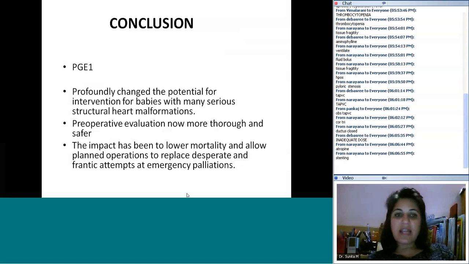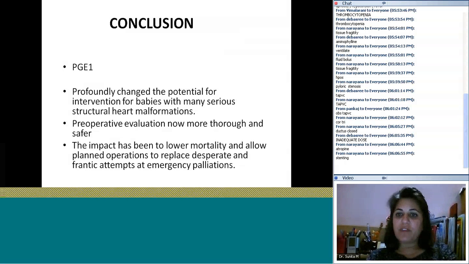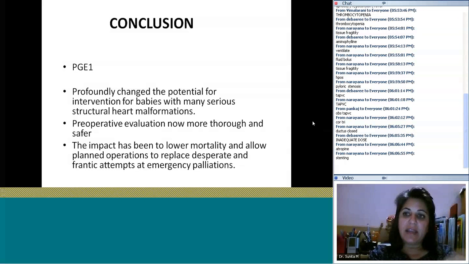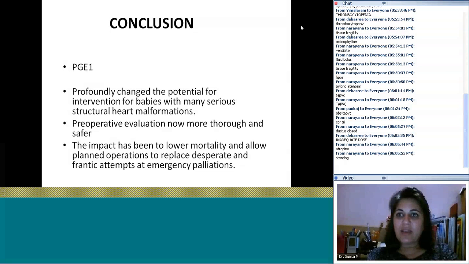Okay. So I think I will end with that. Prostaglandin has essentially really changed the outcome for children with serious cardiac malformation. You need a thorough preoperative evaluation, though in situations where the baby is blue or the cardiac output is poor, you can start prostaglandin without doing an echo. And really the idea of giving prostaglandin is to make them clinically stable and then be able to operate or do your cath procedure with a baby who's not acidotic, who's not hypotensive, who's not got low saturations in the system.